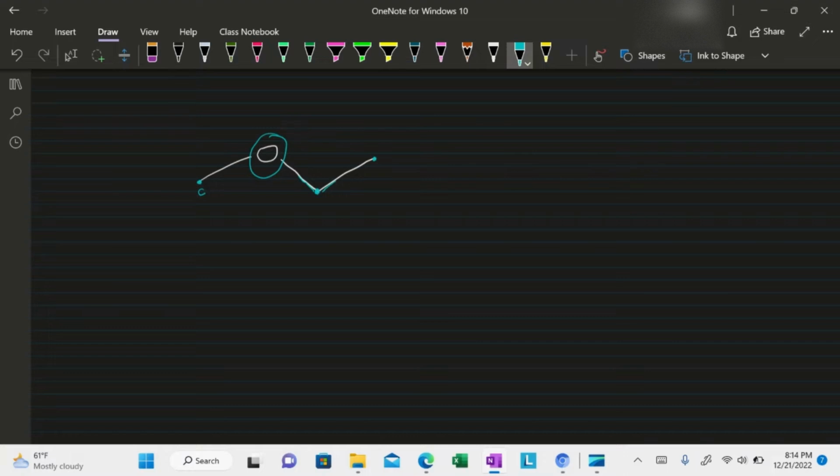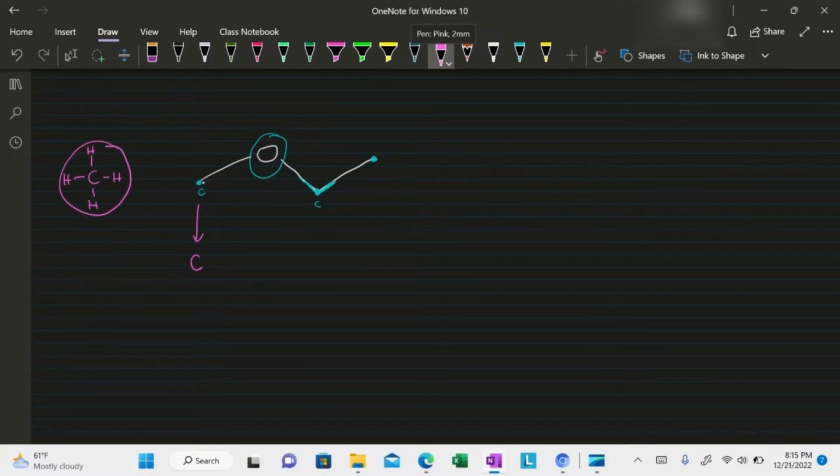And also here, there's a carbon. Okay, so intersection of two lines is a carbon right here. And also this is a carbon as well on this side and that. Okay, so to write this, so this is carbon, outside carbon, and we all know that carbon likes to connect to 4 hydrogen, mainly 4